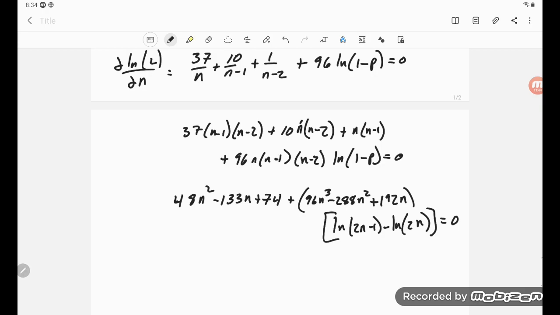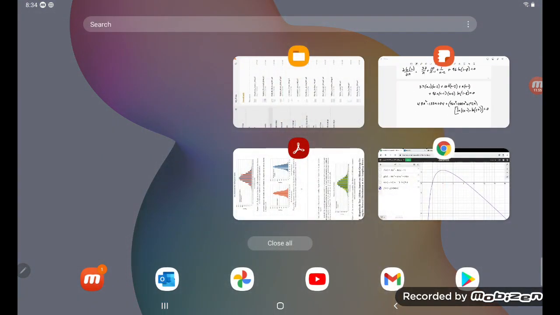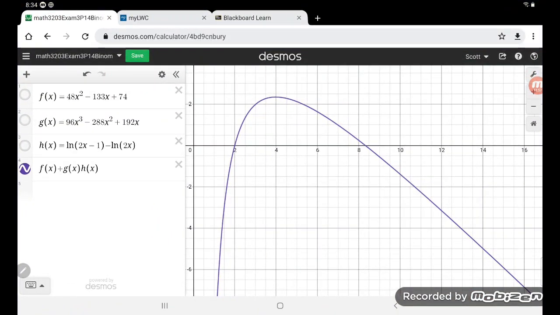Okay, and so then there's no way to solve this other than numerically. And so that's what I did. I went to decimals and I